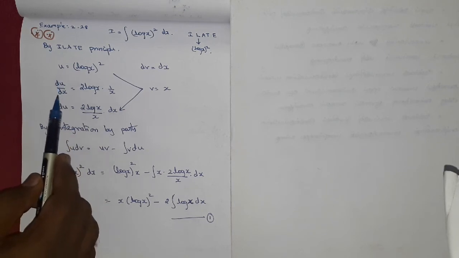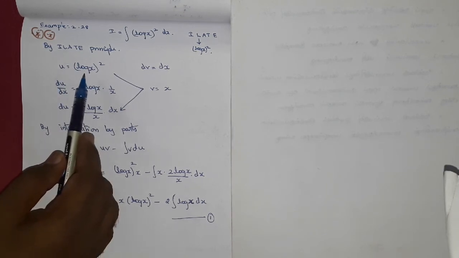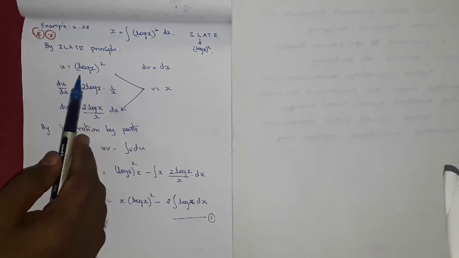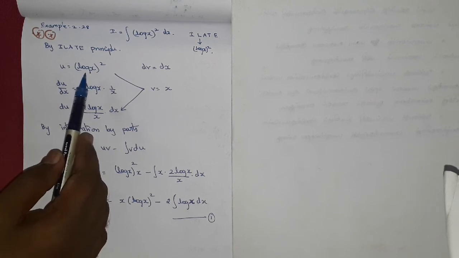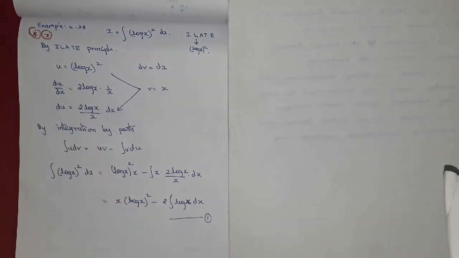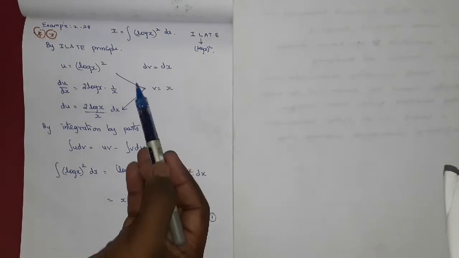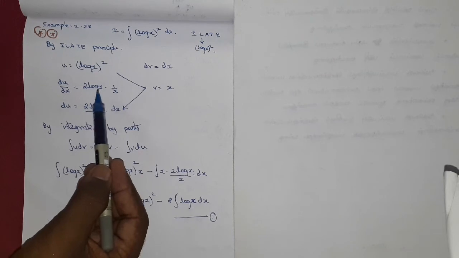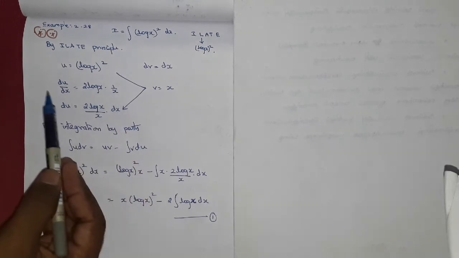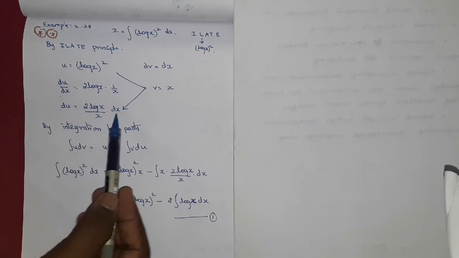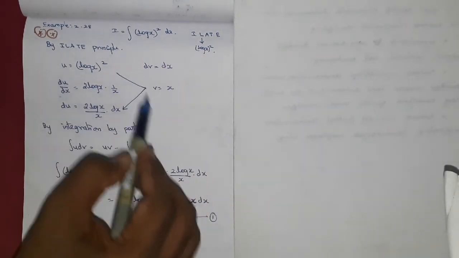When you differentiate u, you get du by dx. When you differentiate (log x) the whole square, you cannot directly say 1 by x. The reason is, it is not a normal function, it is a composition of functions, that is a composite function. When you differentiate this, first we have to differentiate the square. Normally when you differentiate x square, what is the answer? 2x. Like that, when you differentiate (log x) the whole square, you get 2 log x into, then log x alone you have to differentiate, then the answer is 1 by x. Now in this, we want du. So take dx to the other side. So du equal to 2 log x by x into dx. Right. This side differentiation is fully over, and now this side integration.